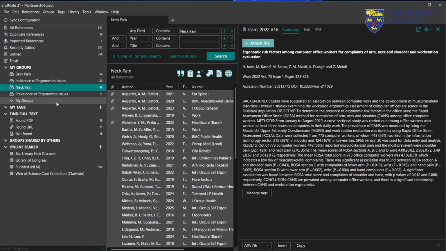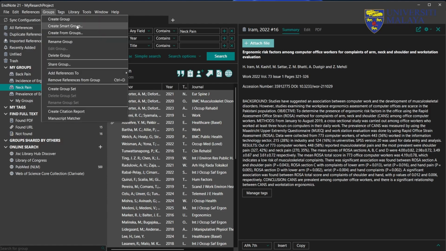Okay. So you get the hang of it. You understand how it's being done. This is just to create group. Now we look at how to do smart group. So smart group is the same as create group, but smart group